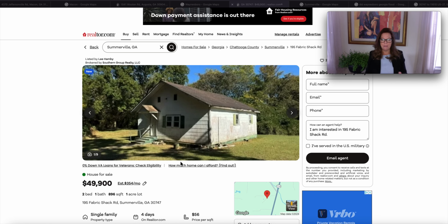So these are all going to be fixers. These are the kind of houses that we have to roll up our sleeves and get our hands a little bit dirty. But we're also looking at the well, the septic, the utilities, the parcel, and the house. So we're going to begin right here in Summerville, Georgia,